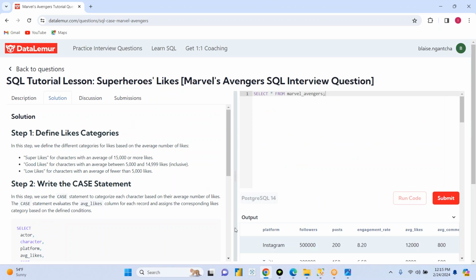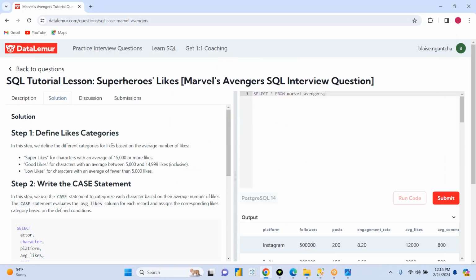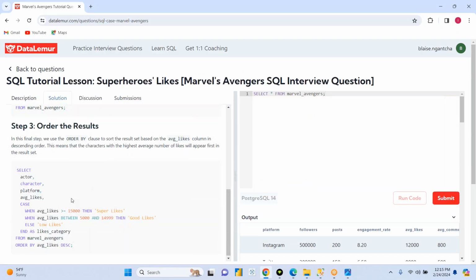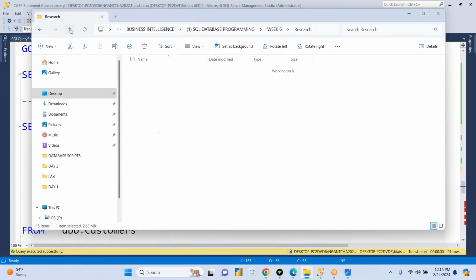Okay, let me see if I have a sample for the assignment, the project I wanted us to work on. We're going to do that during the lab session. Before the lab session, I'll provide you with this so we can use this also in the lab session. Let me see what I have for